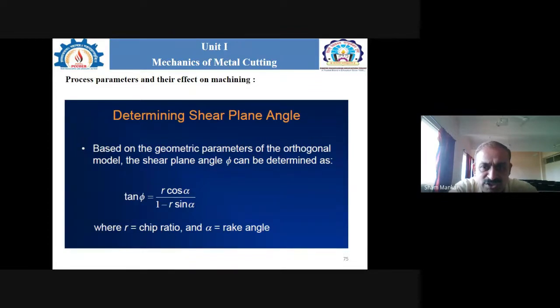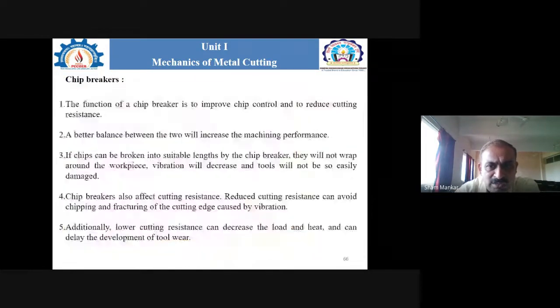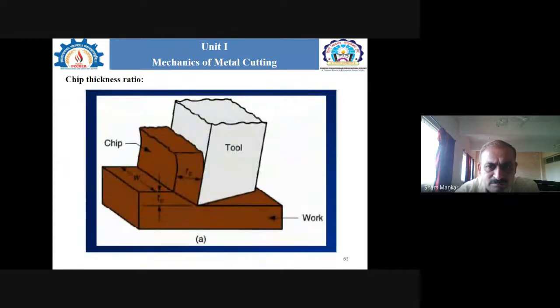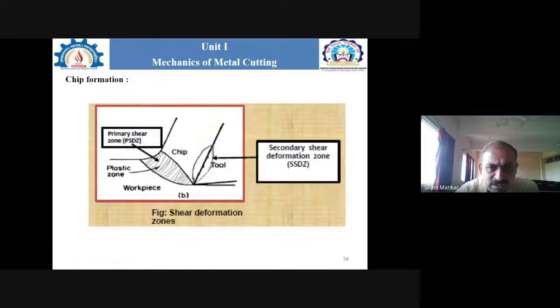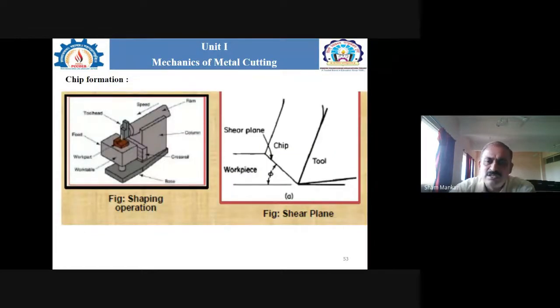That is the shear plane angle, and we have seen where exactly the shear plane angle is when considering the chip formation process. So I will show you again where exactly the position of this angle is. Okay, so you can consider here. If you consider this figure A on your right hand side, is it visible to everyone? Yes, sir. Okay, thank you.